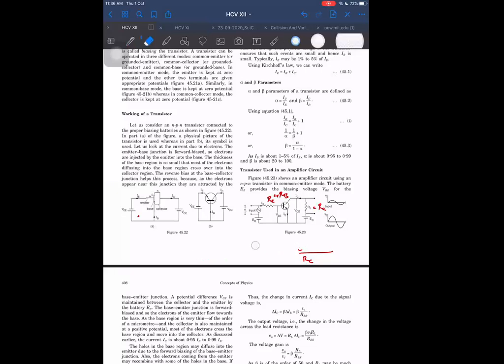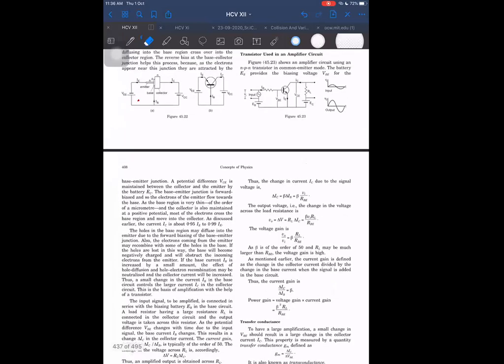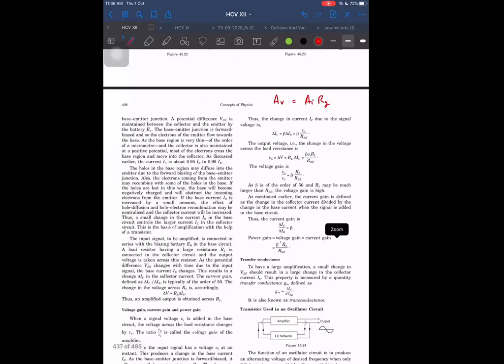Next, they are giving us, I think, voltage gain. Voltage gain, as the name suggests, is gain in voltage. We represent voltage gain by AV, and it will be nothing but the current gain, let us call it AI, times the resistance gain, RG or whatever name for this. I don't know how they represent it. I'm writing it as RG, resistance gain. That will become voltage gain.